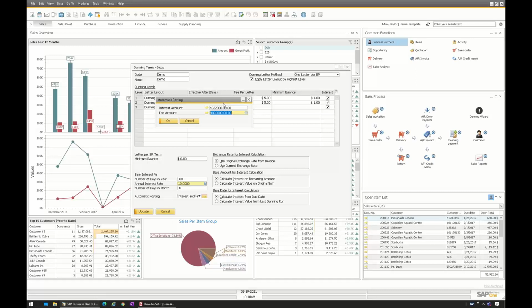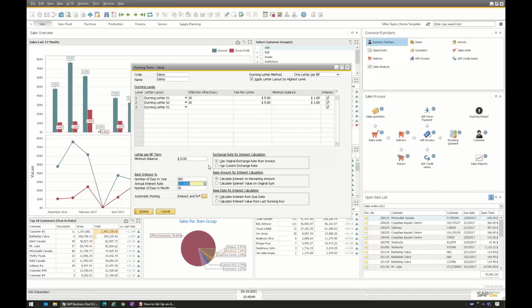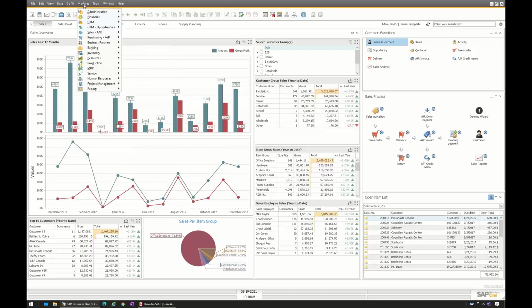It'll create service type invoices, and I will show you that as well. Some of these other options, I'm not going to go through all of them. You can look in the guide and it'll explain more about those. Okay, so once you have that all set up, you need to set those for either all of your business